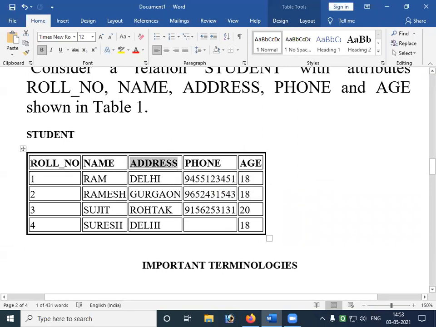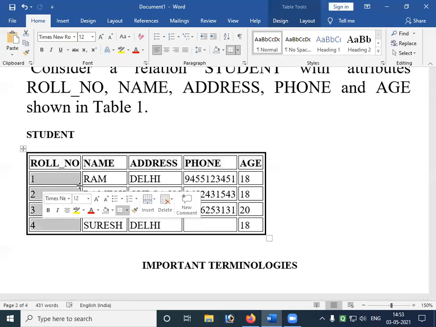These 5 are called attributes. The names of properties, the characteristics or property names, are called attributes. The values, these are called values.